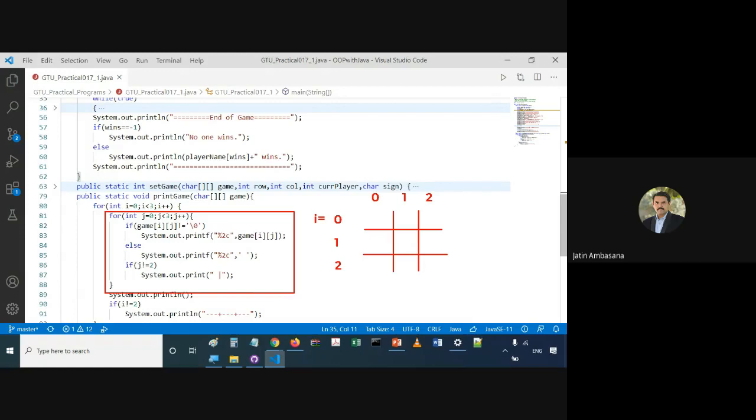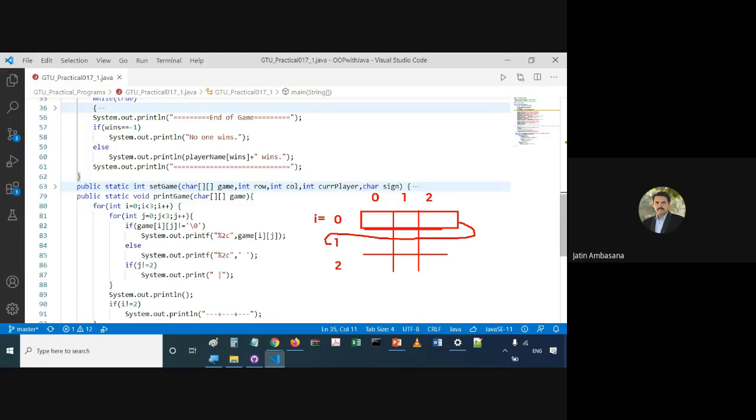Similarly, once the whole row has been printed, the control has to go to a new line in order to start printing the new row. Before printing this new row, there needs to be a row separator.